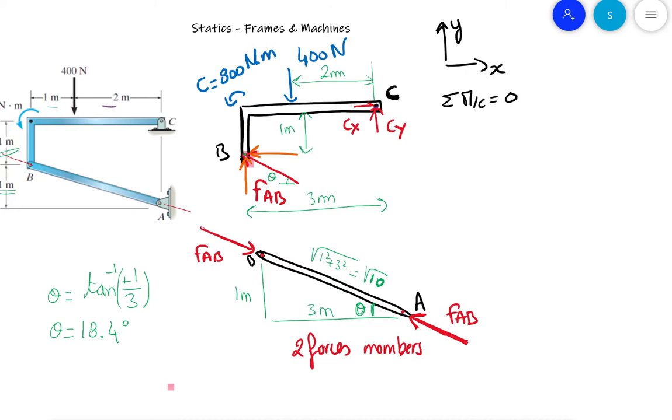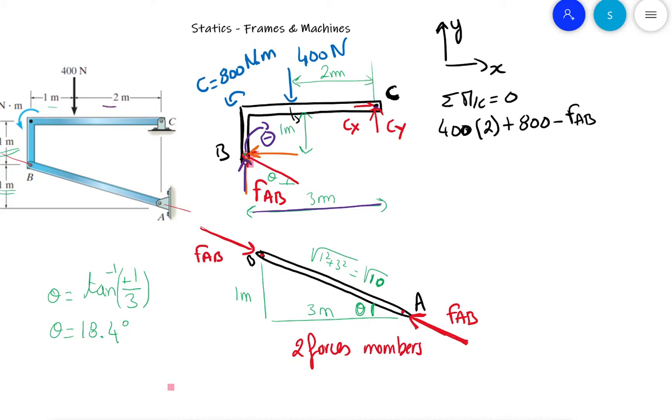Okay, so we have this 400 Newton that is going in the positive direction times the distance of 2, so force times distance. We have the couple of 800 Newton. It's already a force times distance, so just 800. And we have this vertical component that is rotating in the negative direction times this distance. So minus